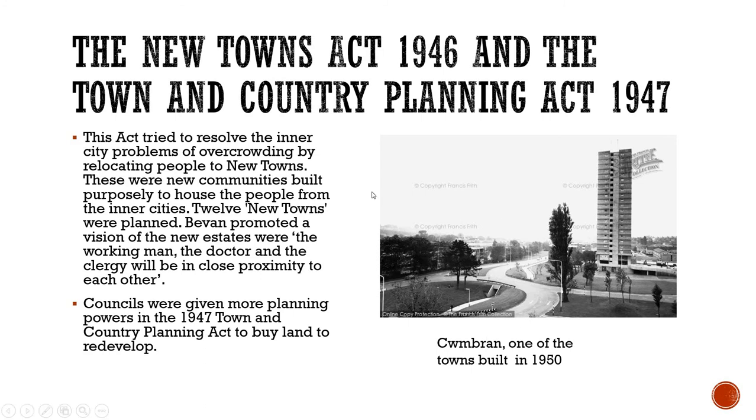Okay, so you ended up in 1946 with 12 new towns. One of them was Cwmbran. This is Cwmbran in 1950, so not long after it had been built. That, and several towns in England as well, were built. Okay, there were ups and downs to these. One of the problems is that the slum communities were just that, they were communities. You could always knock next door if you needed something from your neighbour. If someone went into labour, if someone needed help with their health and things like that, you could rely on your next door neighbours. There was a proper community spirit within these slum areas.